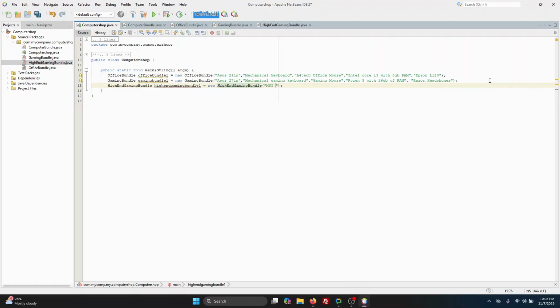So let's say MSI 32 inches monitor, and then mechanical keyboard, and then the gaming mouse, the Ryzen 7 with 32 GB of RAM, let's say a very expensive headphone, and the unique component, which is the GPU, let's say RX 6600. Okay, so if we run it,